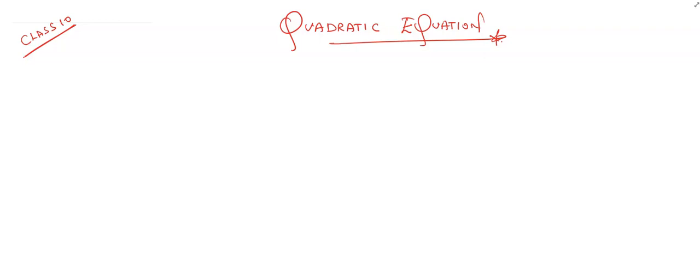My dear students, today I am going to continue the chapter of class 10 quadratic equation. This video can be used by class 10th CBSE board students, Karnataka SSLC students, ICSE students and even other students who are going to refer to the NCERT maths. All the students, whichever board they are, who are following NCERT mathematics, can follow this video because we are going to cover each and everything in detail.